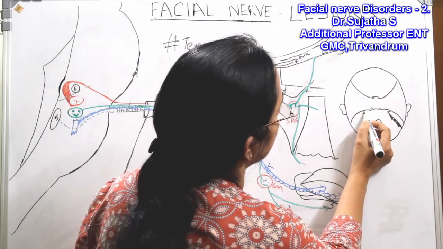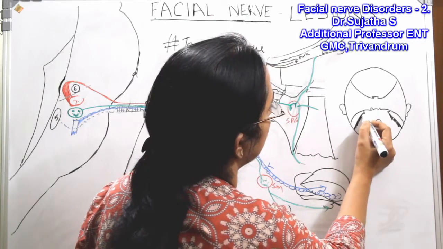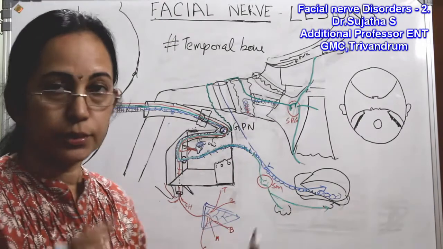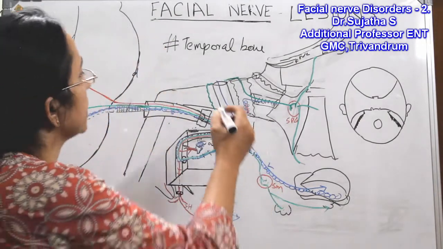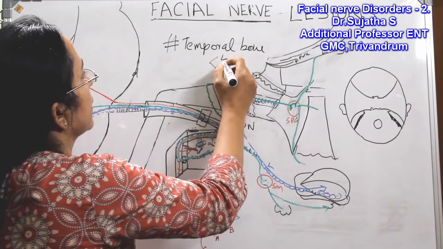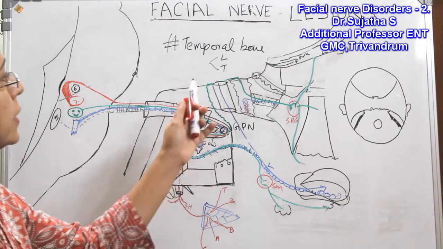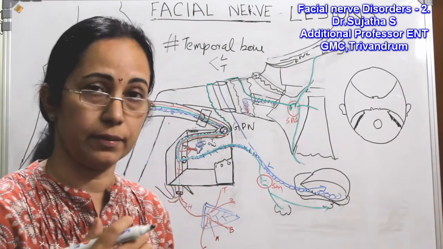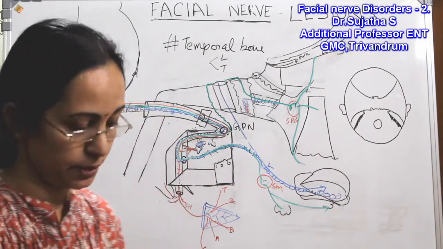So this is your petrous part of temporal bone, right? So there are two types of temporal bone fractures: longitudinal fractures and transverse, right? So in a transverse fracture, the fracture line runs perpendicular to the long axis of the petrous temporal